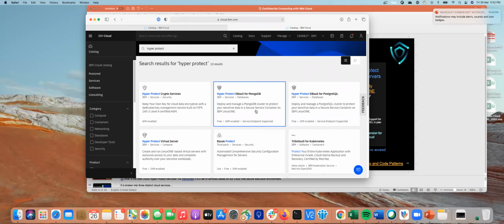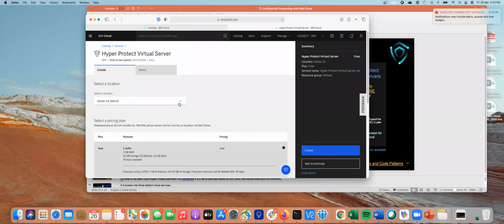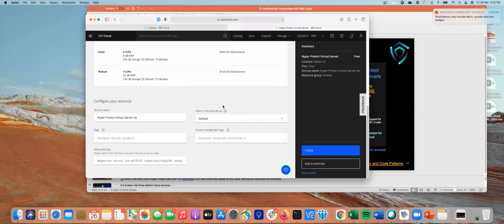So as a user, you can go in, and if you want to provision a HyperProtect virtual server on our System Z environment in public cloud, you can select HyperProtect virtual server. You can choose the location of where you want to deploy your server. And we are offering a free environment as well. So if you want to try it out today and play around with it, you can. You can choose the one vCPU environment, and you can provide your SSH public key,